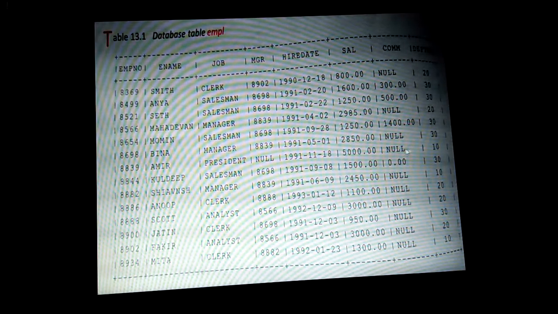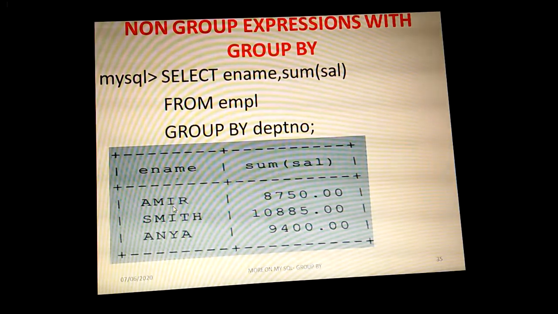See, for 10 the first person is Amir, second we have Shams, then third Mita. So of those three names, only the first record's value for department number 10 is displayed here in the previous output.